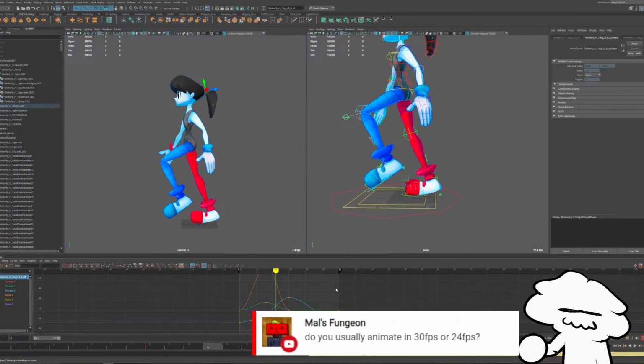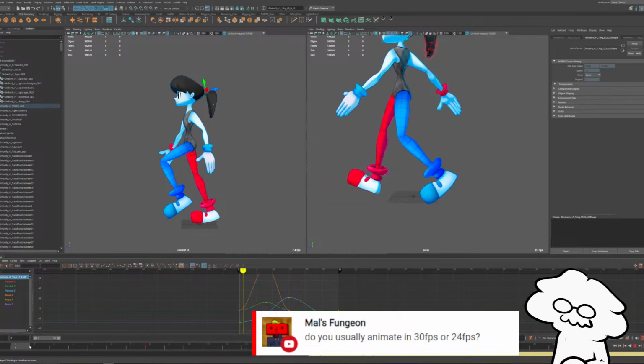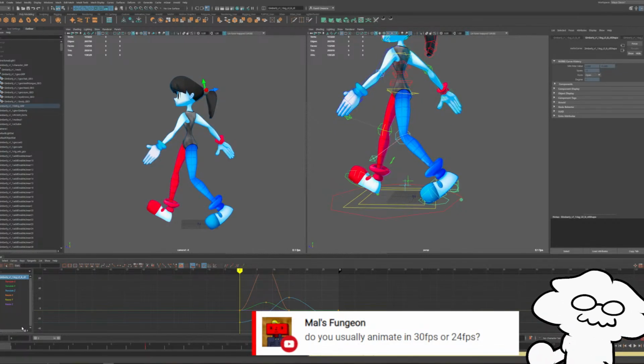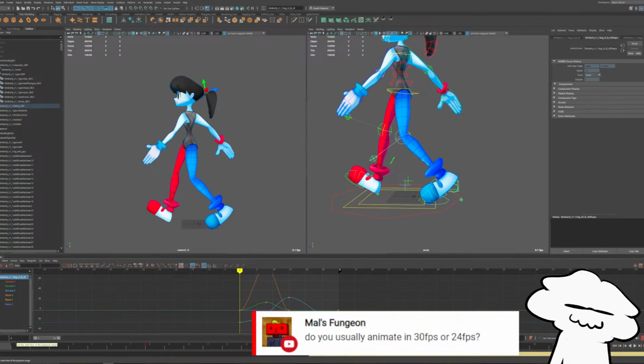I like animating on 3s at 30 frames a second. I don't know, I think it looks nice. Sort of that 10 frames a second look, but generally I try to animate on 30 FPS, but it's a choice. I mean, whatever you want to do. I think 24 frames a second for me is just a little bit off. I like animating at 30, but that's just personal preference.